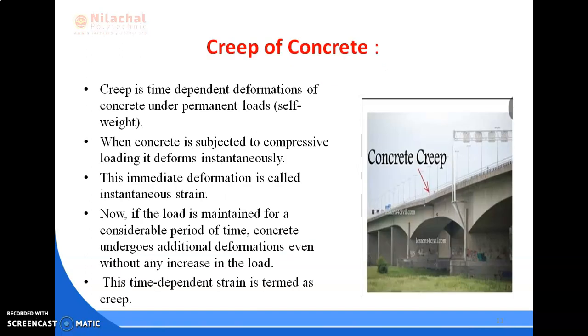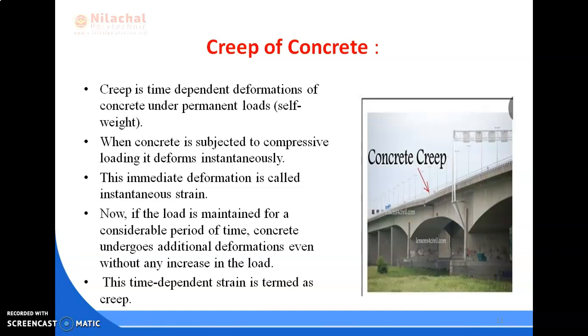Next is creep of concrete. It is one of the most important properties of hardened concrete. It is a time dependent deformation of concrete under permanent loads. When concrete is subjected to compressive loading, it deforms instantaneously. This immediate deformation is called instantaneous strain. Now, if the load is maintained for a considerable period of time, concrete undergoes additional deformation even without any increase